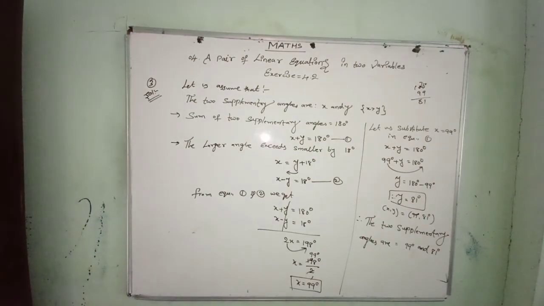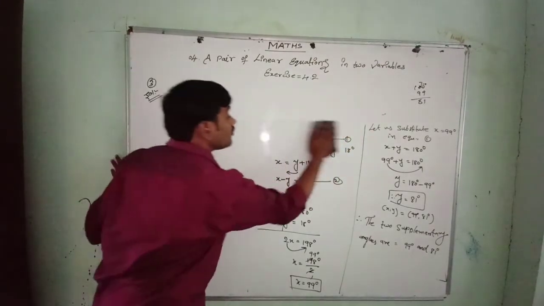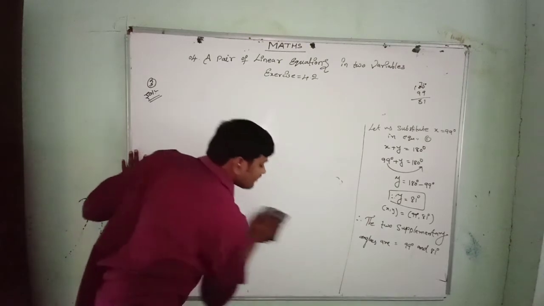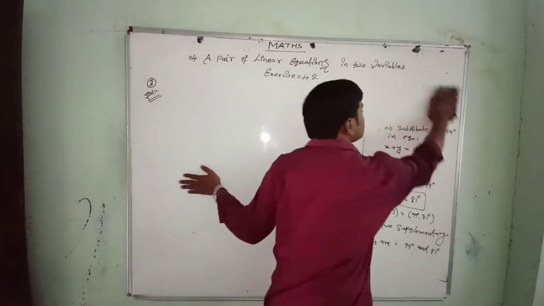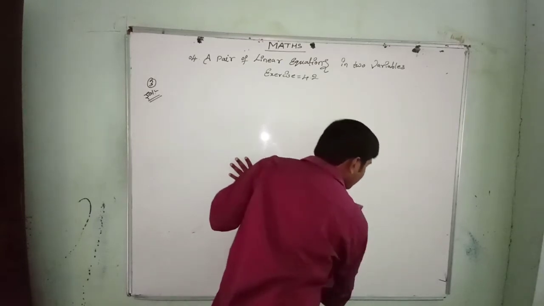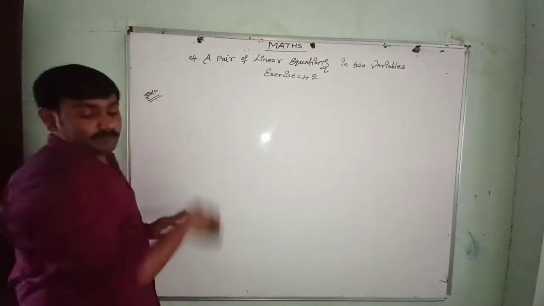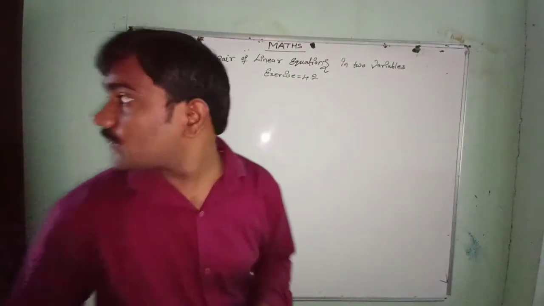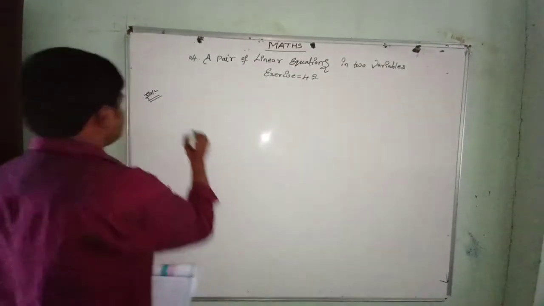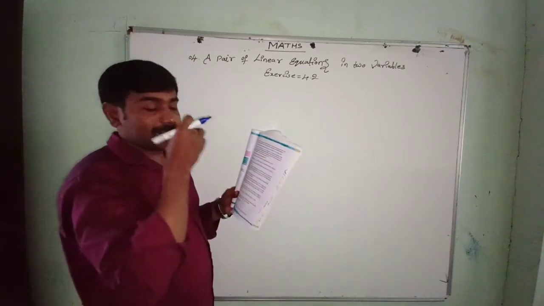Now we go for one more question, a similar question to this. These are the supplementary angles. That means if the sum of two angles is 180 degrees, they are called supplementary angles. If the sum of two angles is 90 degrees, they are called complementary angles. So we do the problem on complementary angles, that is question number 7. It is very interlinked with this.